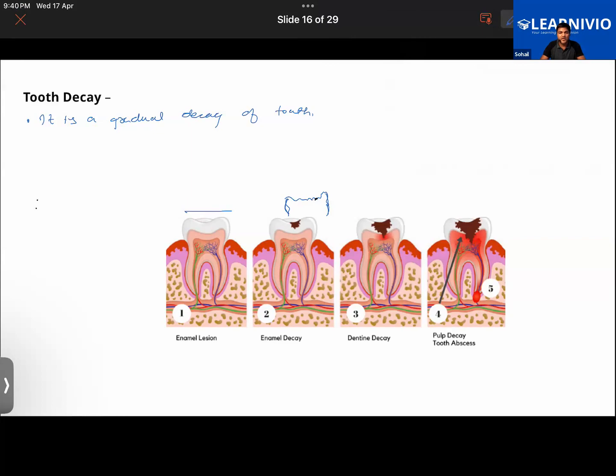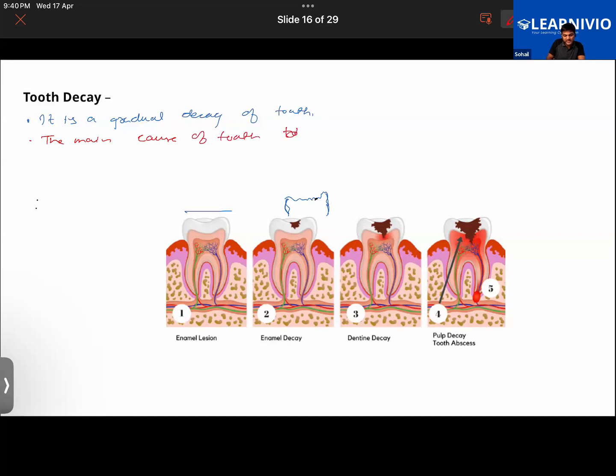Even brushing will not remove it, and bacteria might start growing on it. So if any leftover food gets stuck in our tooth, it will be eaten up by the bacteria. I told you the main cause of